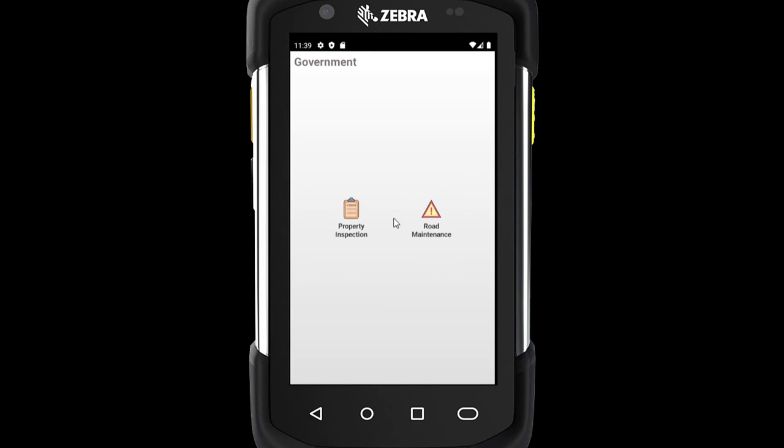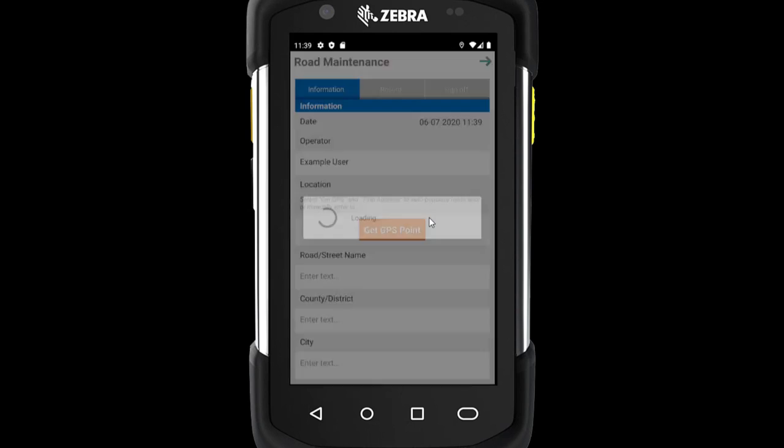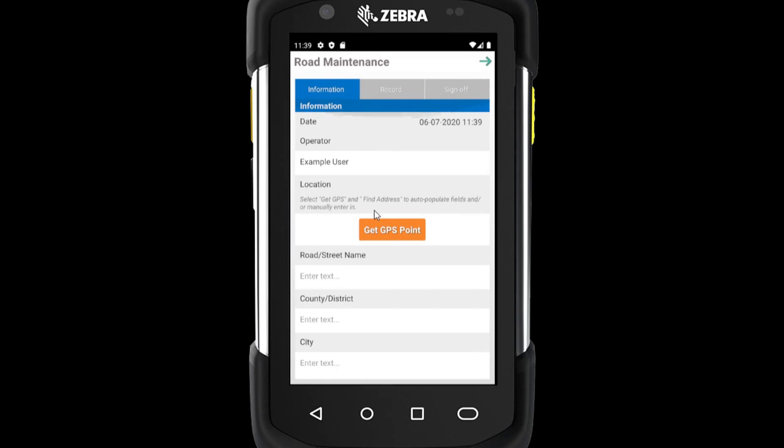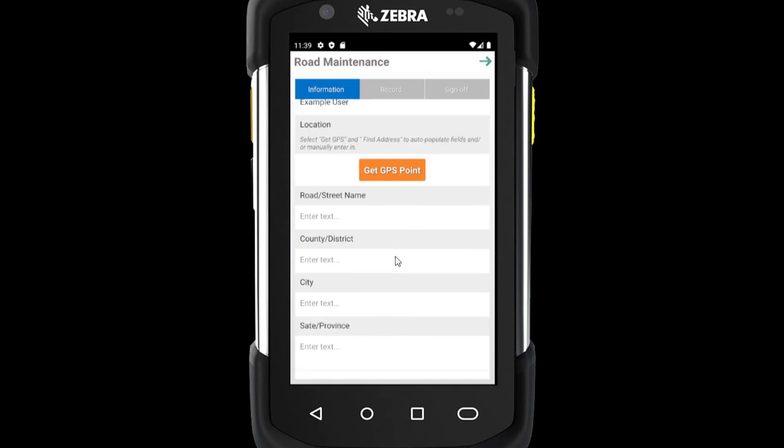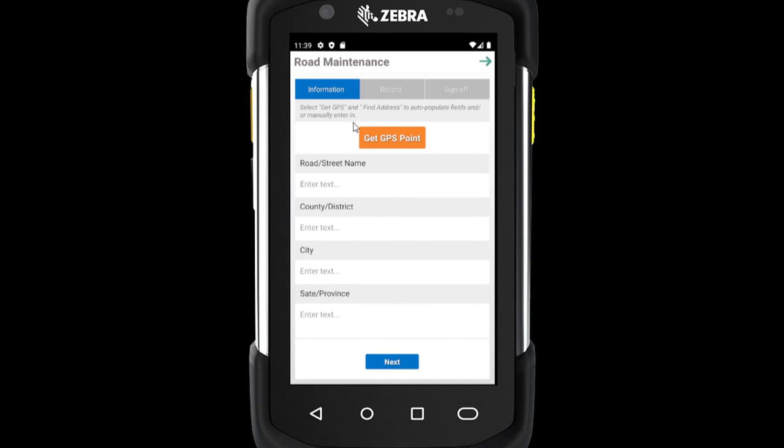Next up, road maintenance. Roads make a crucial contribution to economic development. Maintaining them correctly and recording work carried out can help prevent irreversible deterioration and aid future project planning. This form allows initial information to be recorded automatically or manually, the signed-in user and location information, then capturing detailed work carried out on a separate page,